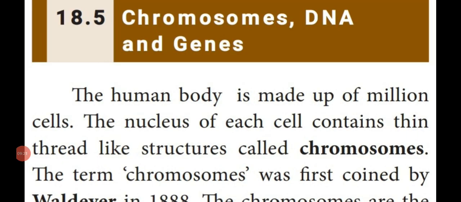Dear students, up to this we have seen different hybridization crosses of Mendel, monohybrid cross and dihybrid cross, and different laws of Gregor Johann Mendel. Now we are going to see the structure of chromosomes, DNA structure and genes. Dear students, our body is made up of millions of cells. Inside the cell, protoplasm is there. Protoplasm is divided into nucleus and cytoplasm.